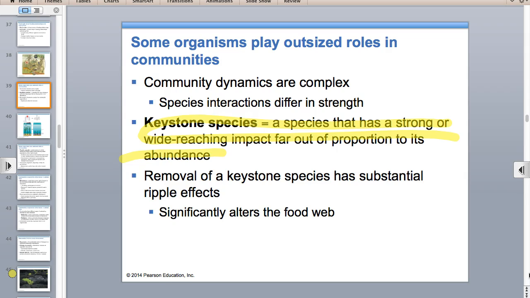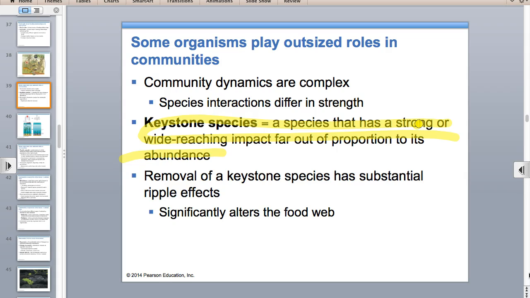Okay, so the definition of keystone species: they're not always a top predator, but they typically are, but they don't have to be. They're just anything that has a strong or wide-reaching impact, way out of proportion to how many organisms there actually are. Some things like a beaver, for example, are sometimes called ecosystem engineers because they change the habitat and make ponds, but in a sense they could also be a keystone species because even if there's just a few of them, think about the way they're changing the ecosystem and how that affects the moose that like to live in the water, for example, or some of the fish, or the ducks that live in the water.